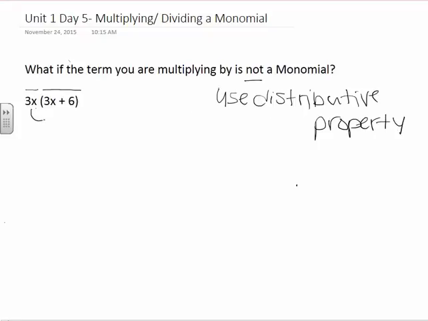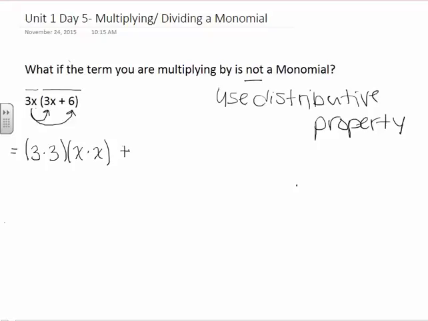So we're going to multiply our 3x times our first 3x in the brackets and times our 6 in the brackets. So 3x times 3x, we multiply our numerical coefficients first, and then we multiply our variable coefficients together,